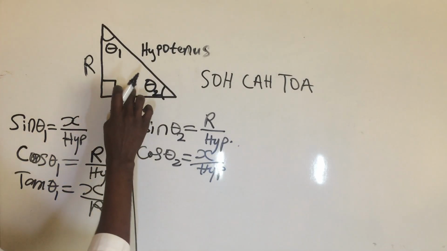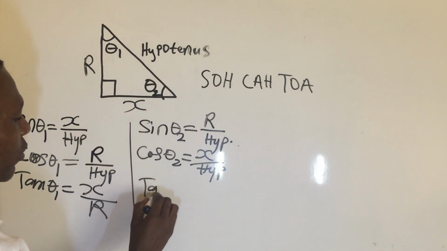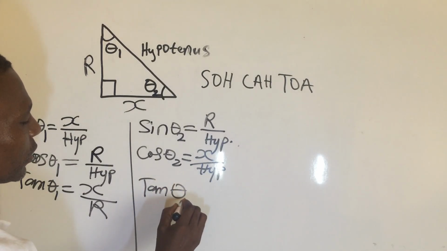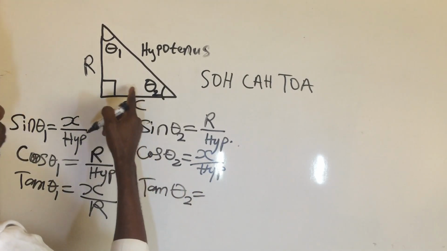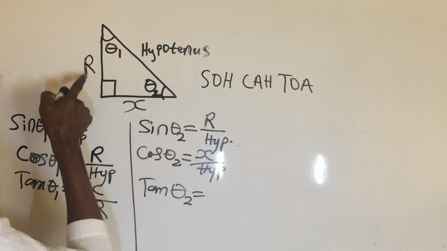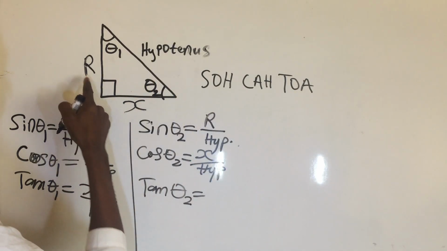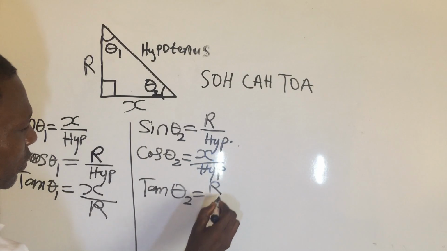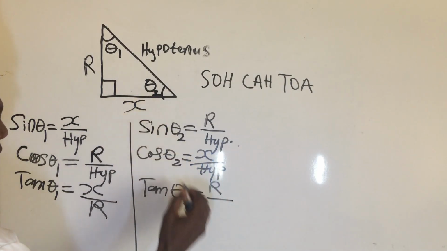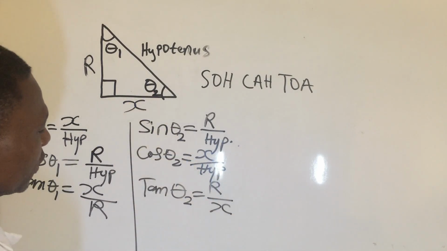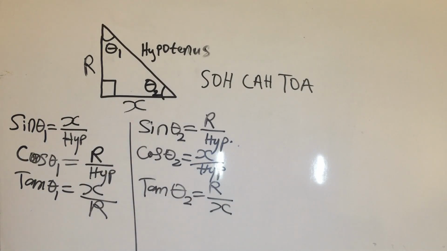Then moving to theta 2, tan theta 2 will be equal to opposite all over adjacent. Here will become the opposite of it, which is R, all over the adjacent of the angle, which is X. Now this is the